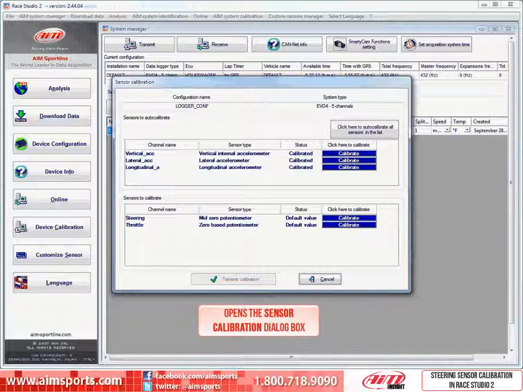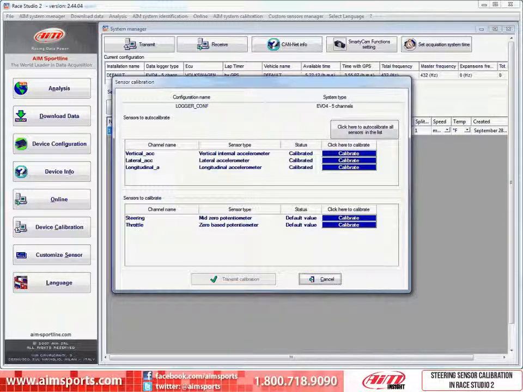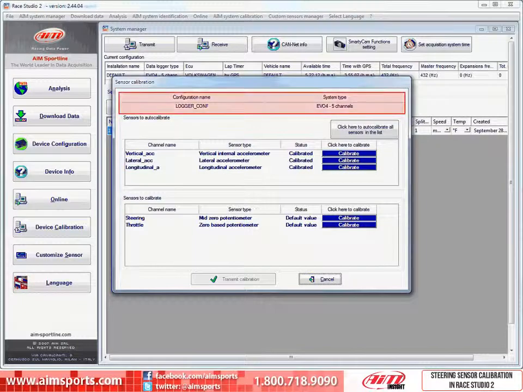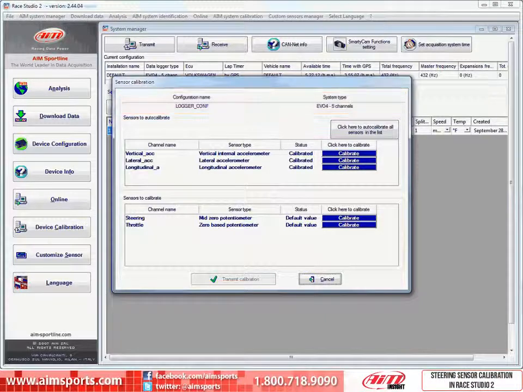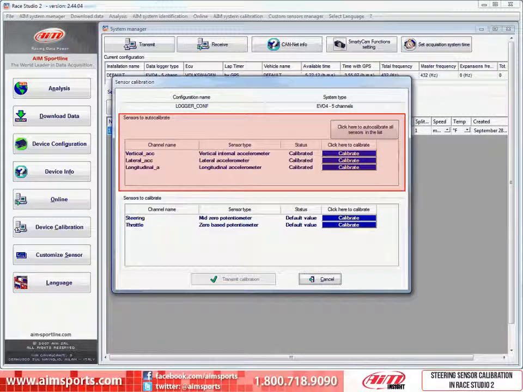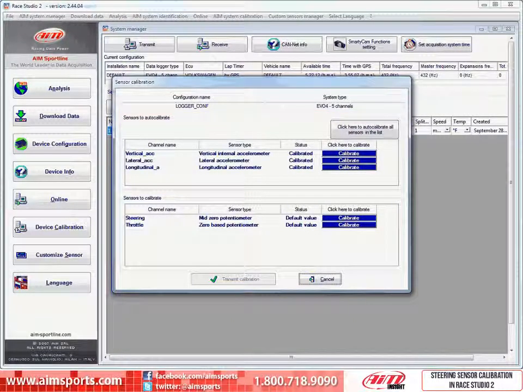This dialog box is made up of several areas, and let's look at the different sections. First, at the very top is an informational area that tells us the configuration name and the system type of the system we are working with. The next section is a list of sensors we have as part of the system that are able to be auto-calibrated. In other words, these sensors can be calibrated with just a single click of a button and do not require the calibration process. In this example, we are showing vertical, lateral, and longitudinal accelerometers included in the Evo 4